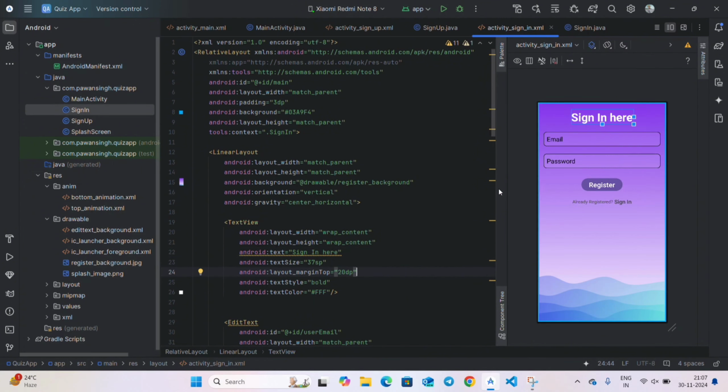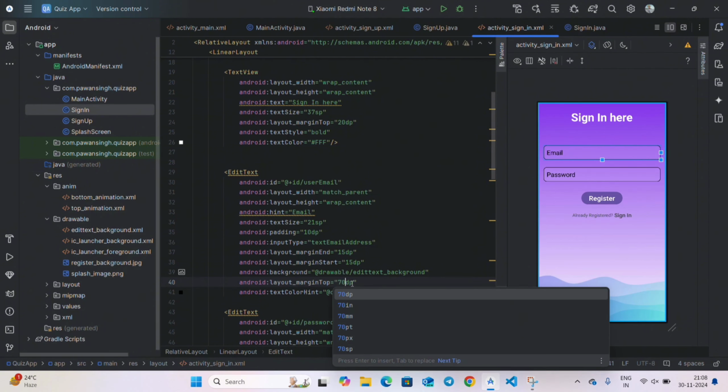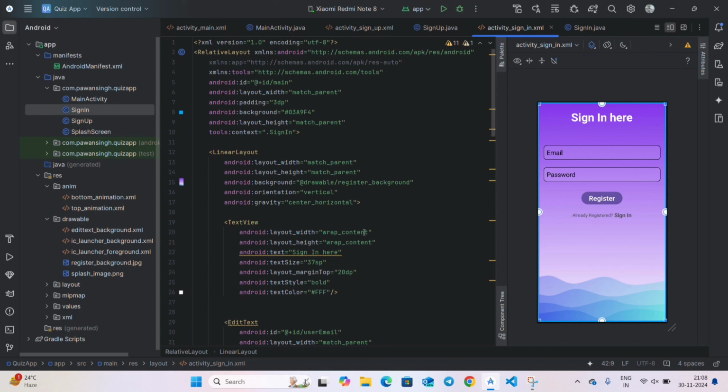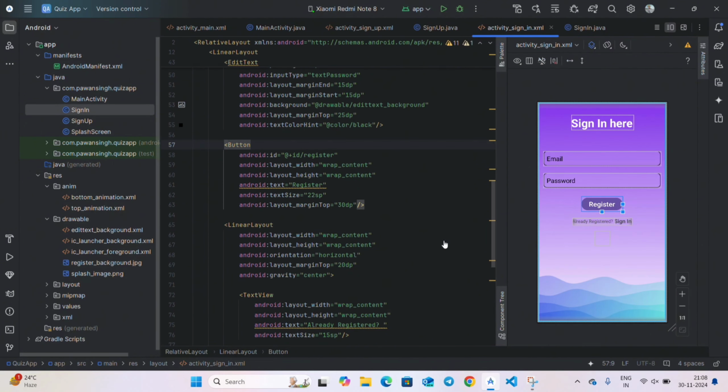and as you can see we need the page in the center. So in the edit text for email, change the margin top to 70 dp, it looks good. And now also in sign in, give it a margin top from 20 dp to 40 dp, this is looking good. And in the register button, in place of register we have to write sign in,